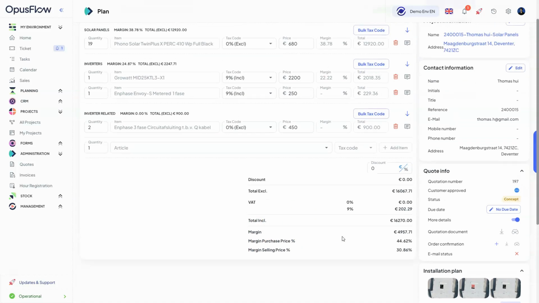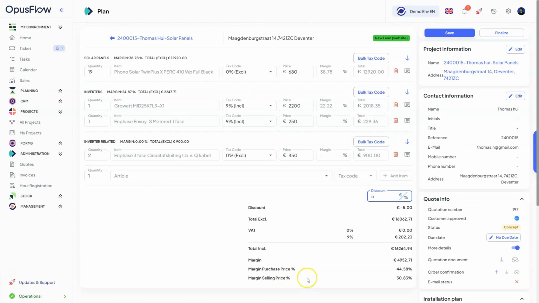If you want to give a discount to your specific client, you're just able to enter, let's say 25%, which is actually too much, or 5% discount, and this is how you can add discount to your quotation. After you're finished changing everything you need to change, you just click on save, and then afterwards click